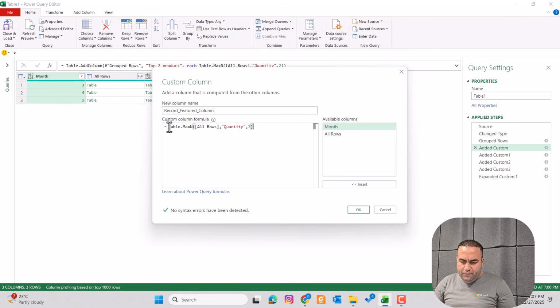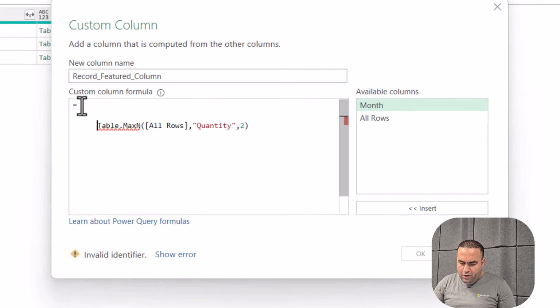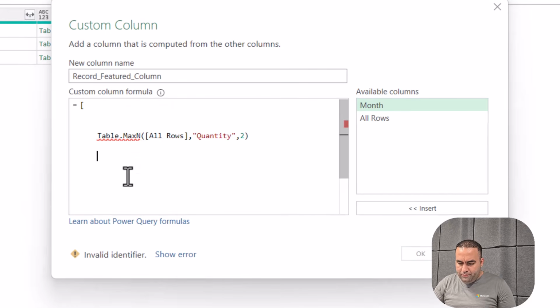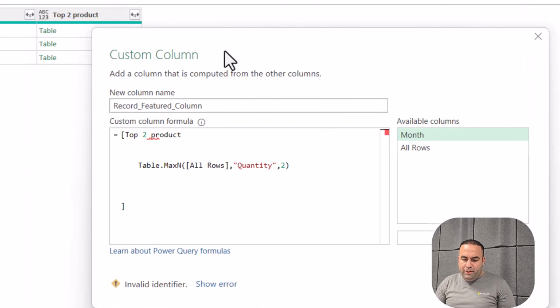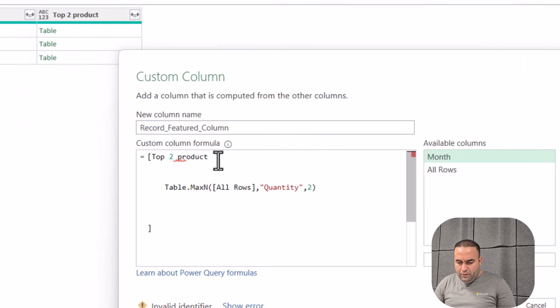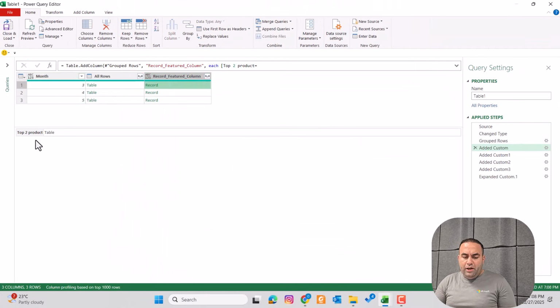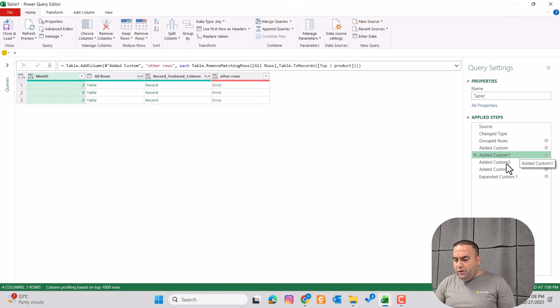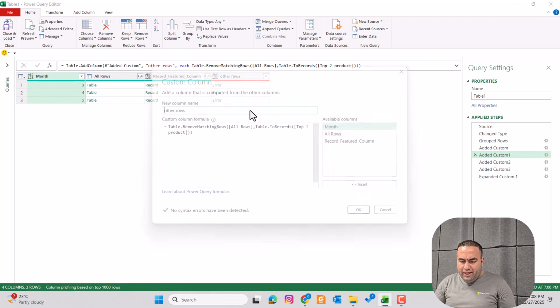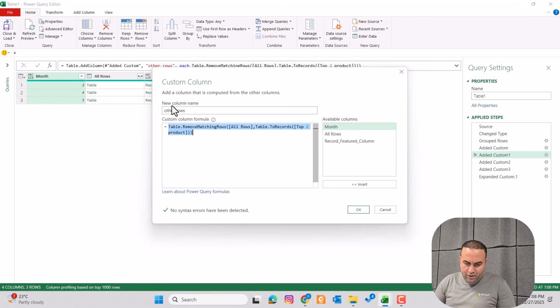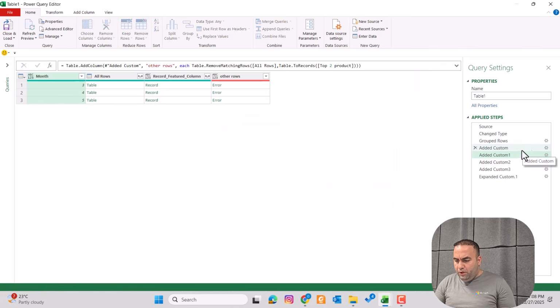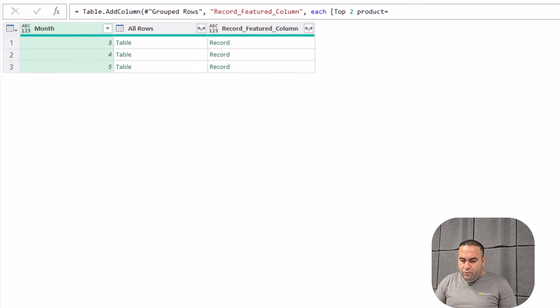Here I provide a record, and the first field is this one, top two products. What was the column name before? Top two products. It should be equal to this side. By doing this, the result would be like this, including top two products as a table here. So if I go to the next step, I can copy the formula here. Its name is other rows. So copy the formula back here, and inside the formula here, see,